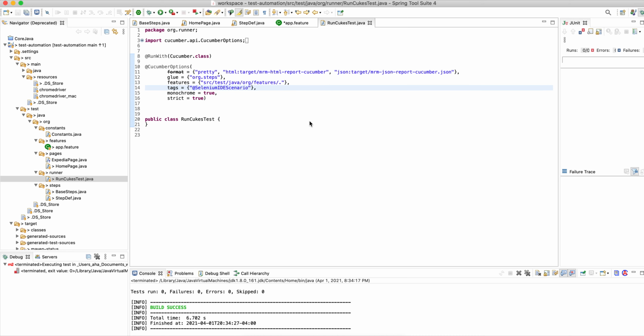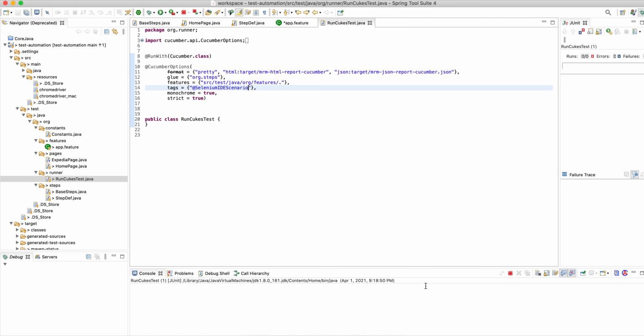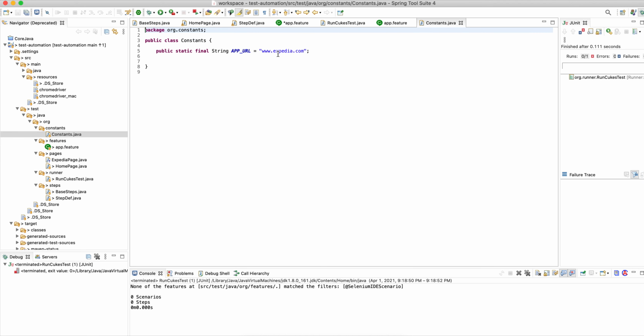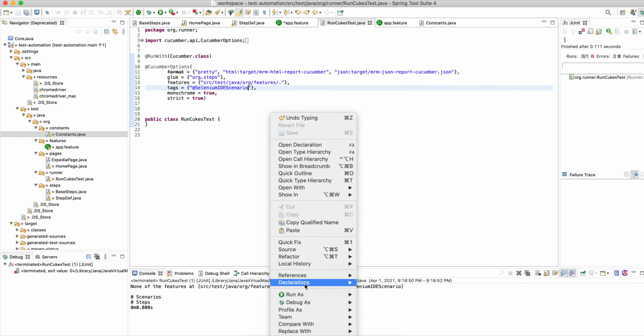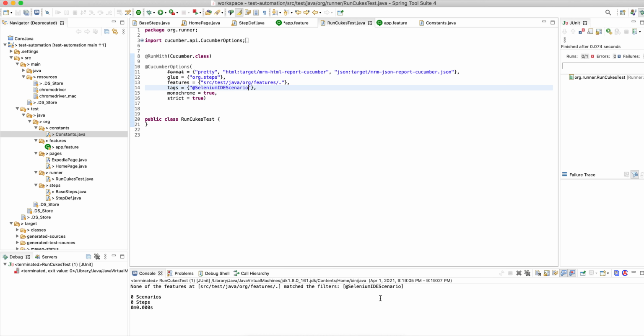Okay, now let me see if I can run this or not. Hold on, one more thing. I need to change this to Walmart, right? Right now it's pointing to Walmart.